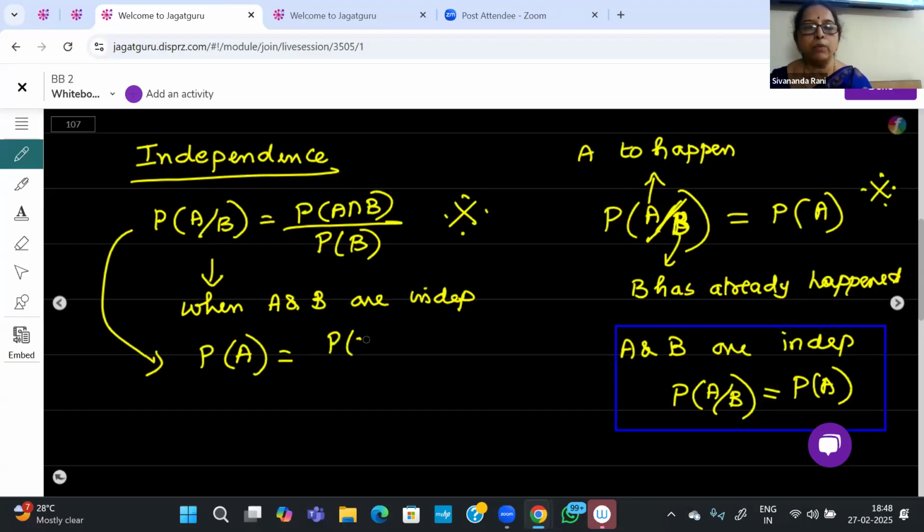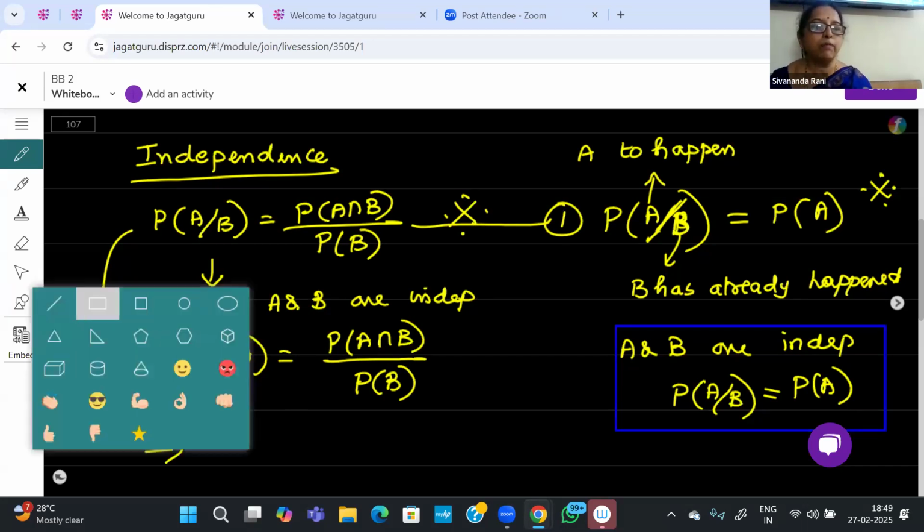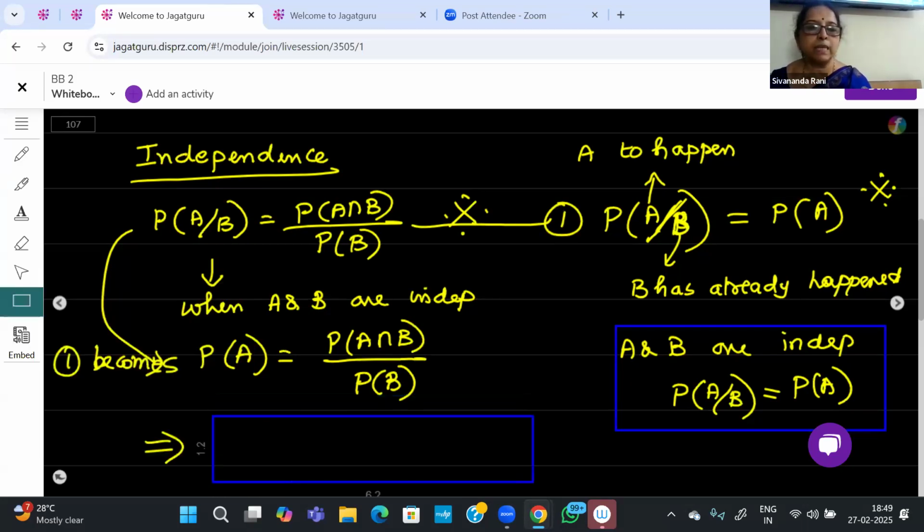But according to the definition of conditional probability, the right-hand side remains, right? So call this 1. When they are independent, the left-hand side becomes P of A. So a new concept of testing independence emerges. Of course, this is the basic idea of independence. But from 2, another